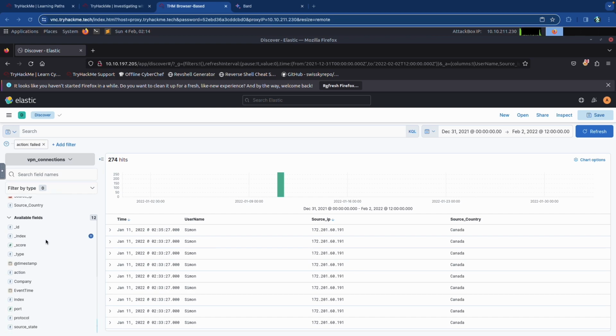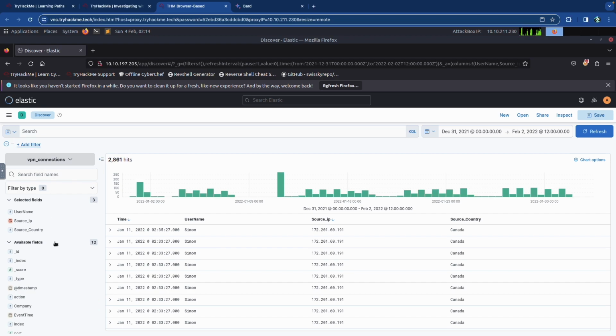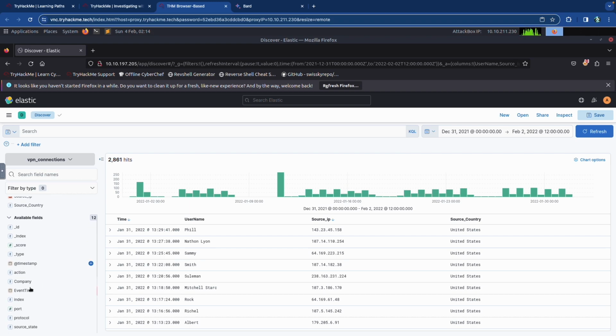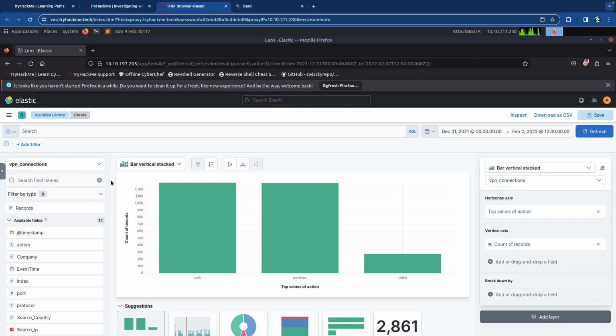So the field that we want to look for was probably going to also be action. So I'm going to remove action, failed, and see if we can find anything else apart from that. So this time I just visualized the action field, and this is what it looked like.